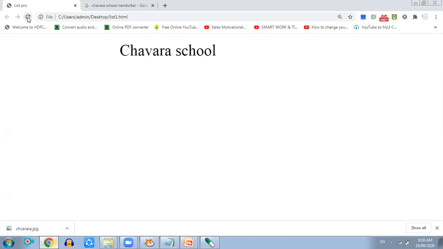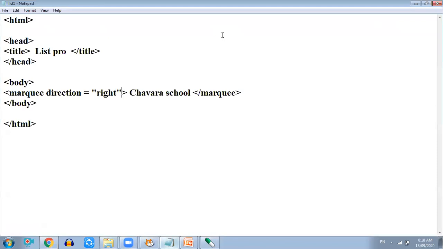I hope you understood. Now a few more things you can also do with this. What is that? Let's see now. I'm going to Notepad and we will do that. So here we will remove this direction. You can keep direction also, no problem, but moving from the left is good. Here we can apply a background to that. So we can do bgcolor. Be aware of the color spelling. You can apply any color.